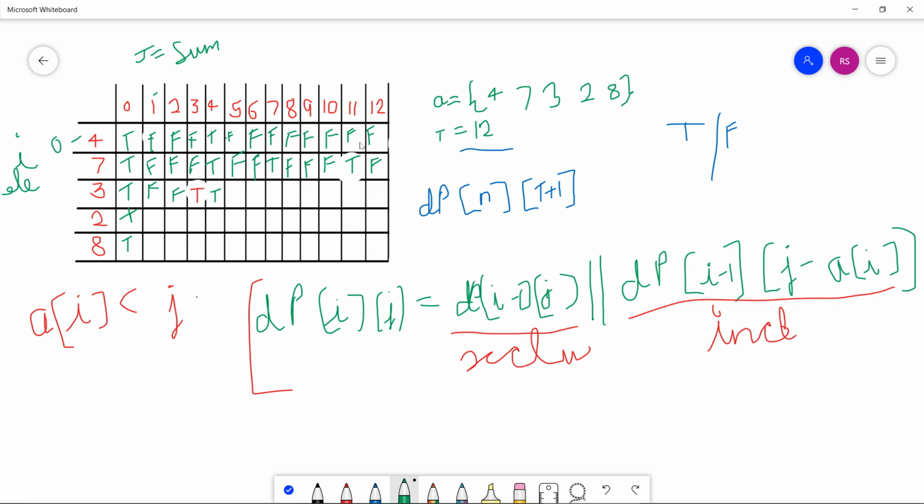J minus ai means 11 minus 7, which gives us 4, true. So here true comes.